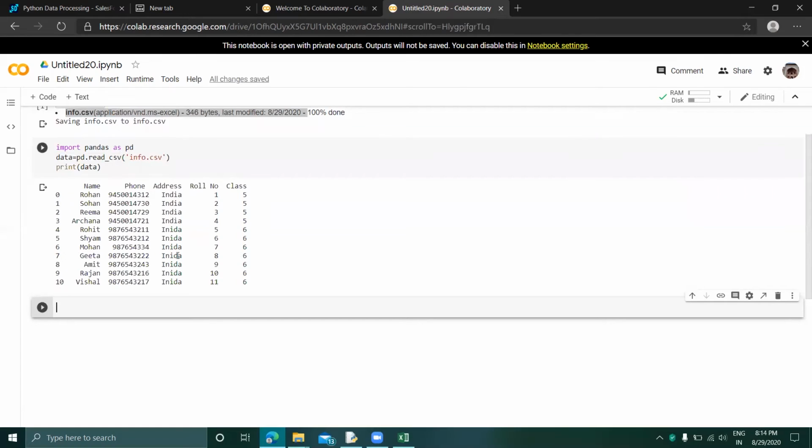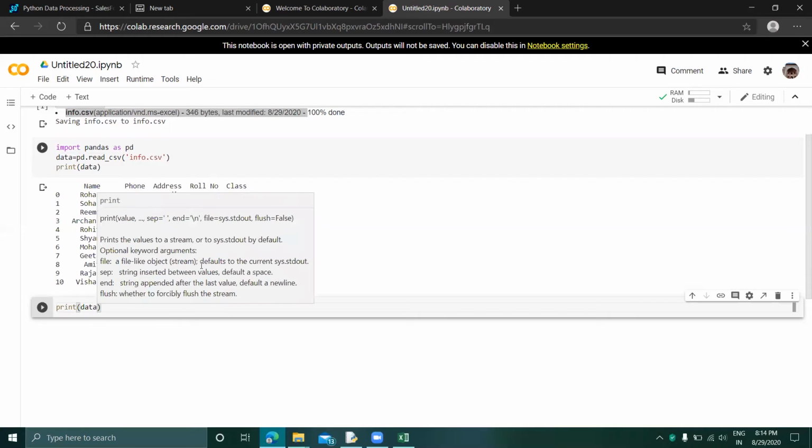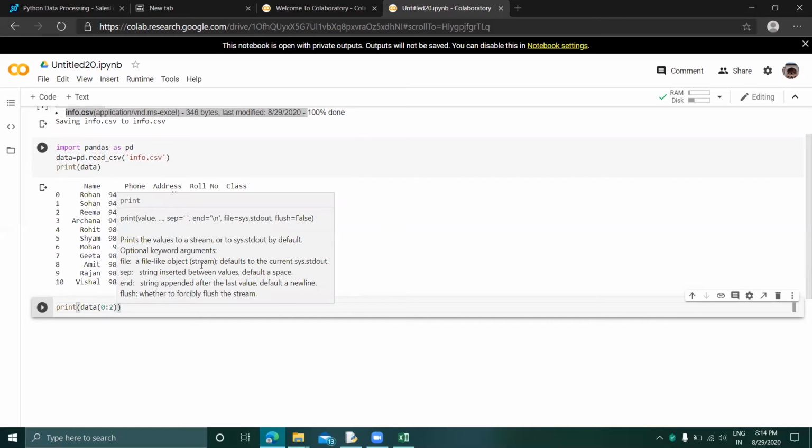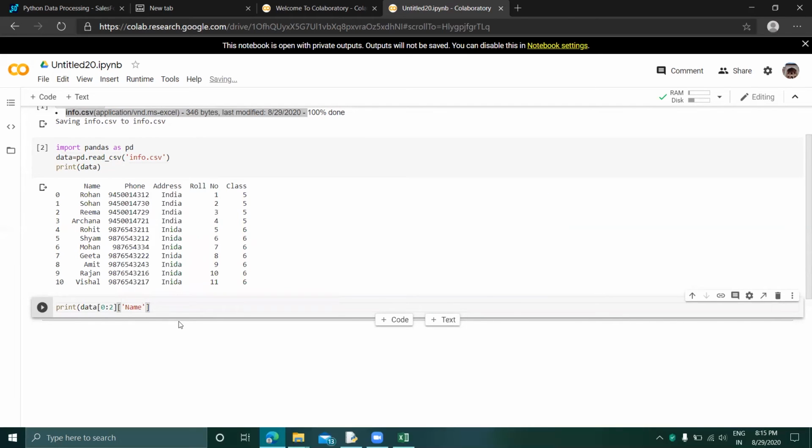Now let's take another thing: reading specific rows. Print data, and then 0 and 2. It's slicing, as you have seen with lists. Now we want to slice the column name.